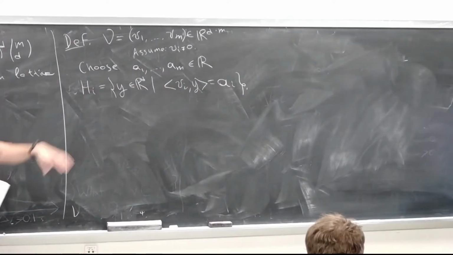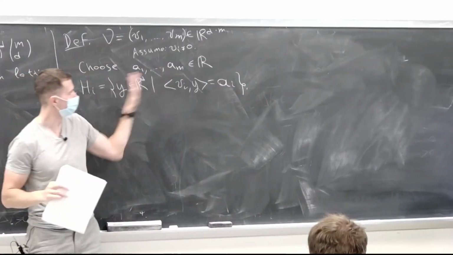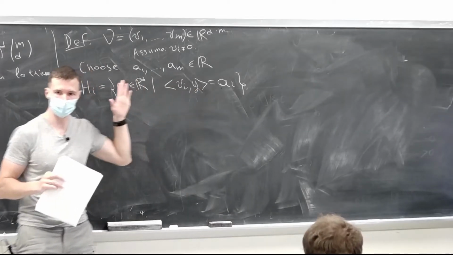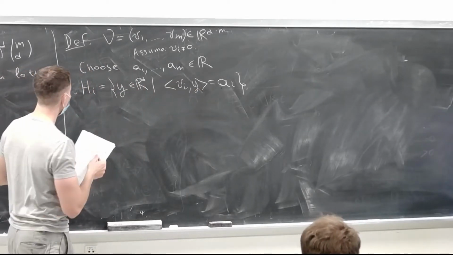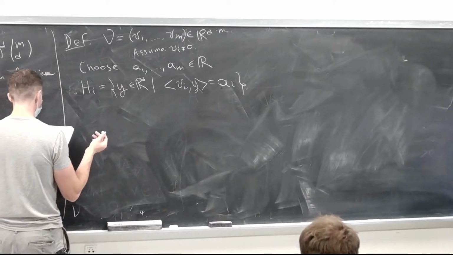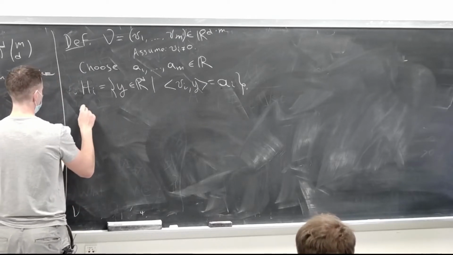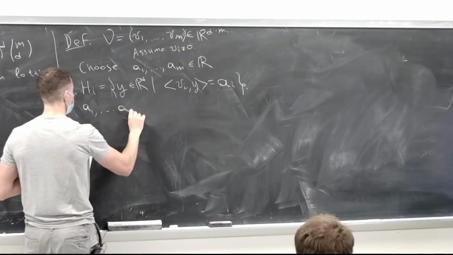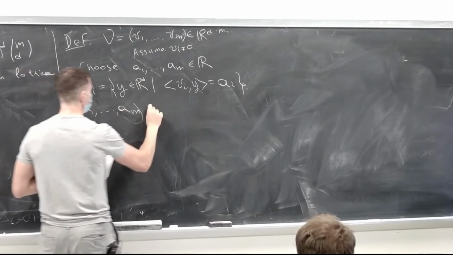So I take the normal hyperplanes and shift them by some amount. For each hyperplane, I choose a shift, and we say that this tuple of numbers is generic